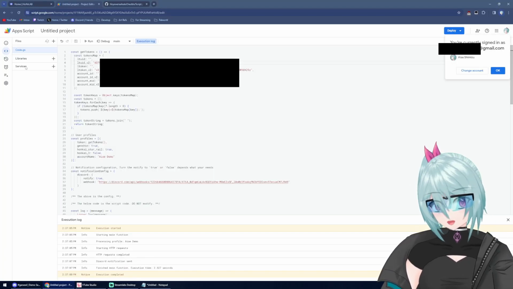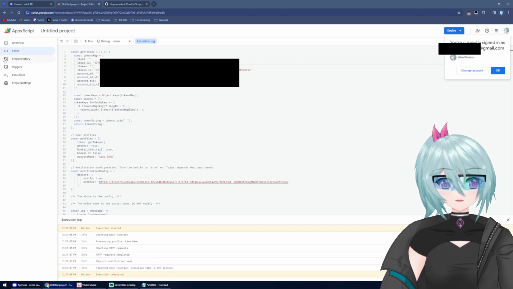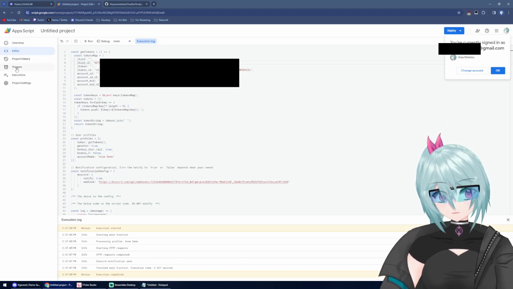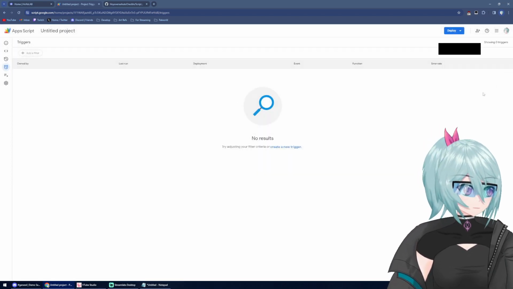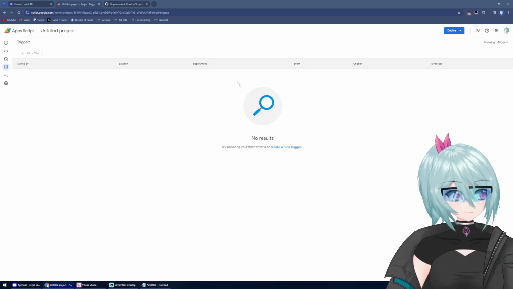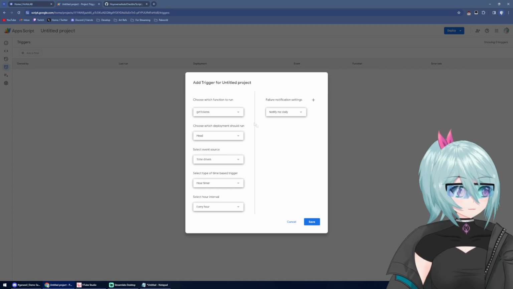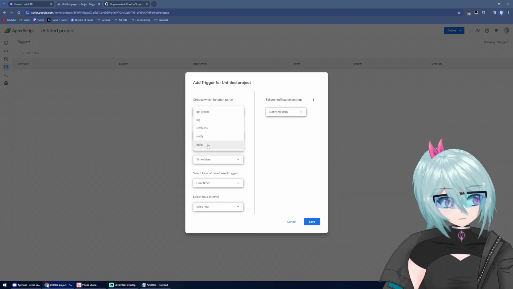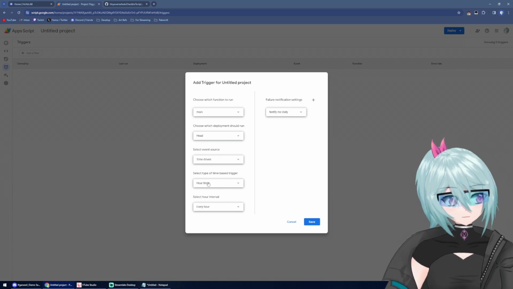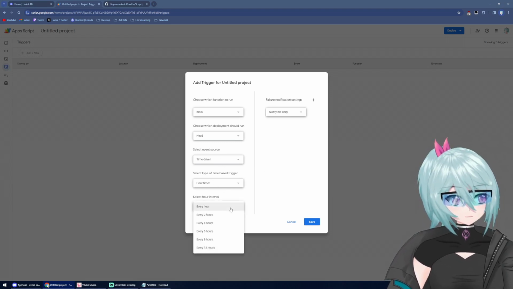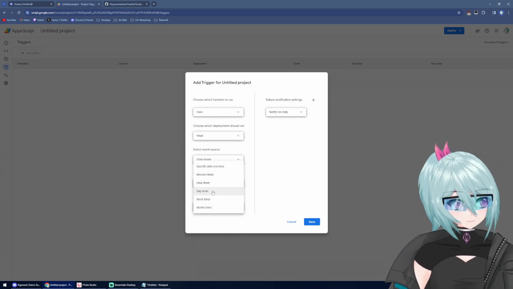So now, the last step is you want to set this up to run automatically. So you want to go here to the sidebar, you want to go to triggers. You want to click create a new trigger. So now here, you want to select main, you want to select head, time driven, hour timer, I mean a specific,